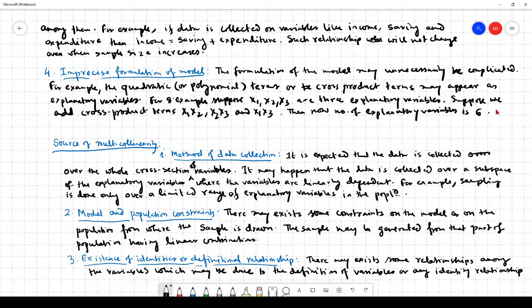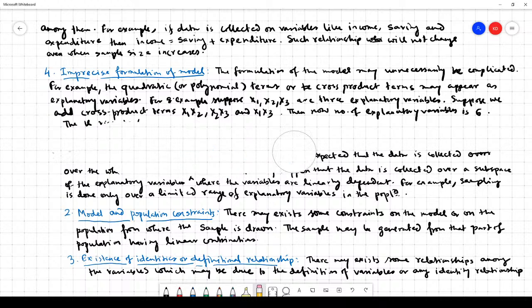So here the K, which is denoted by number of explanatory variables, rises to 6. The next reason for the source of multicollinearity is